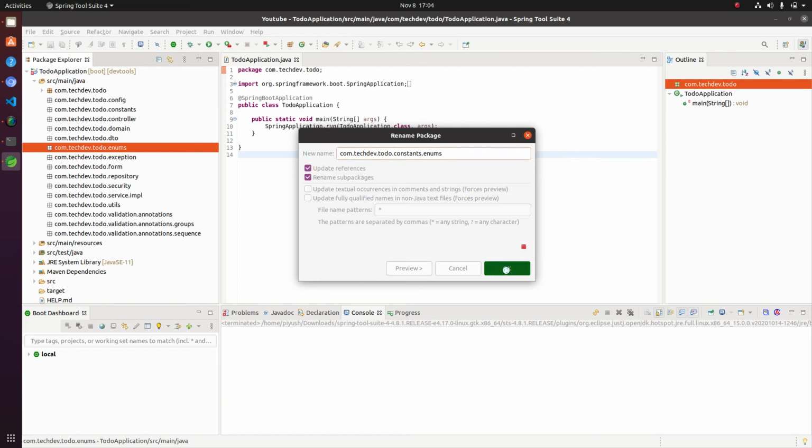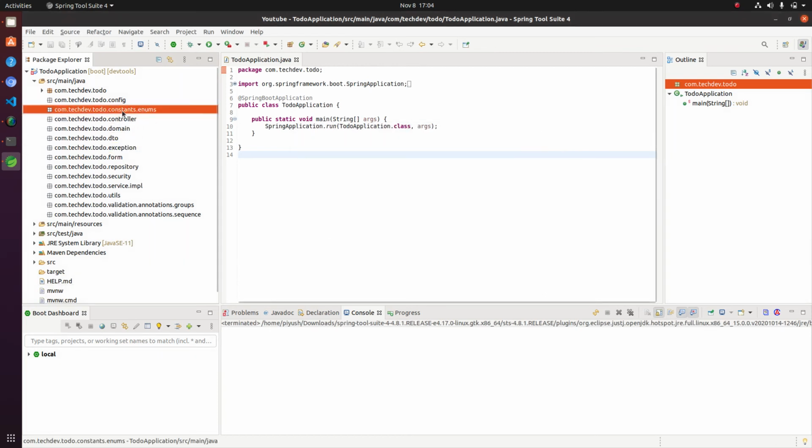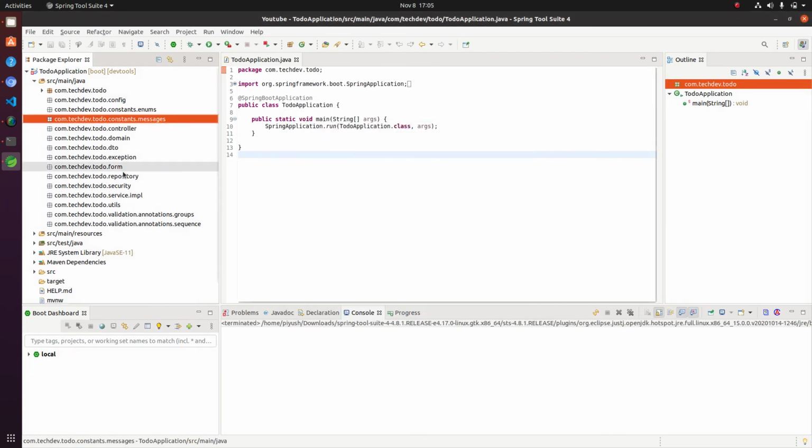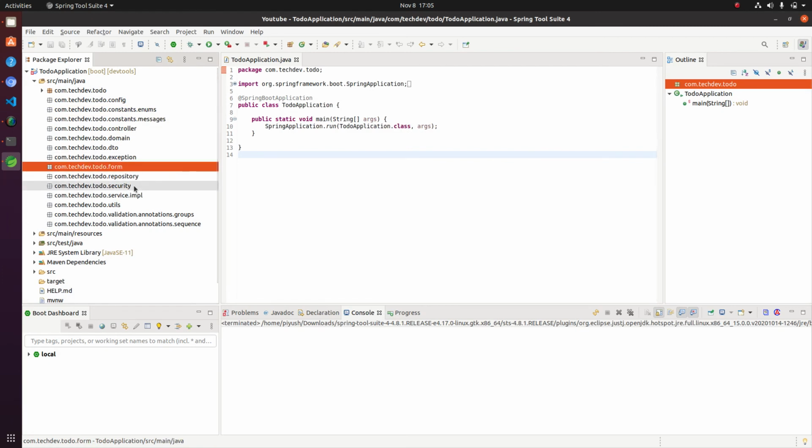Yeah. So after that, inside the constant package, we will create the package for message. You can say the constants related to the messages will be inside this. So these were the packages which we'll use further in our application.